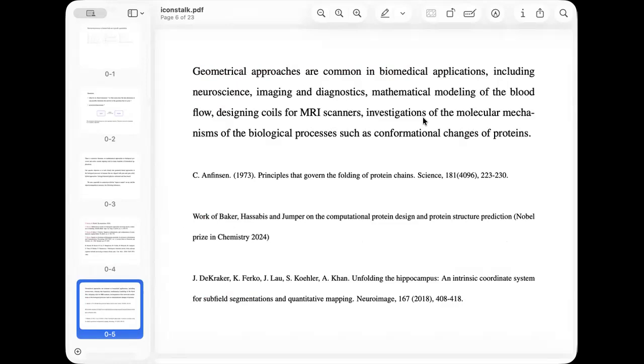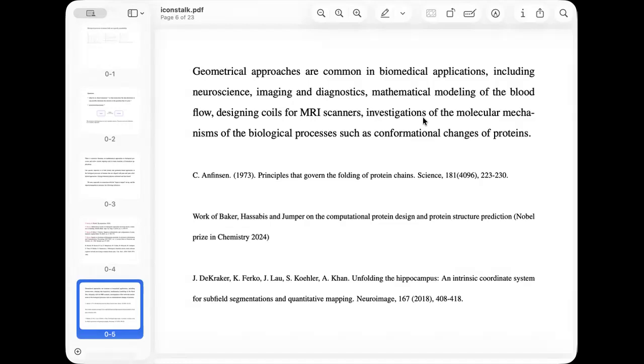The computational aspects of protein structure design were the topic of the Nobel Prize in Chemistry in 2024, awarded to Baker, Hassabis, and Jumper. This goes back to the earlier Nobel Prize in Chemistry awarded to Anfinsen for the study of the shape of proteins. To address the use of geometric methods in other areas, I give an example